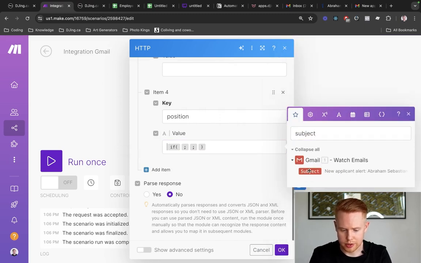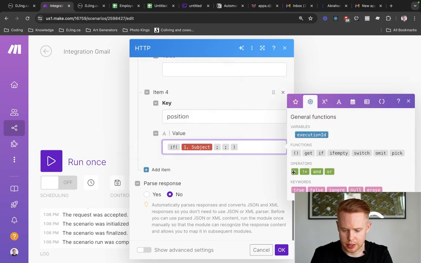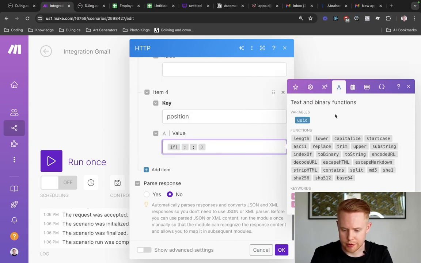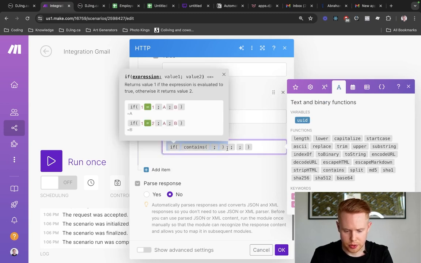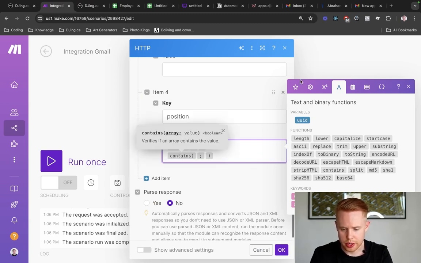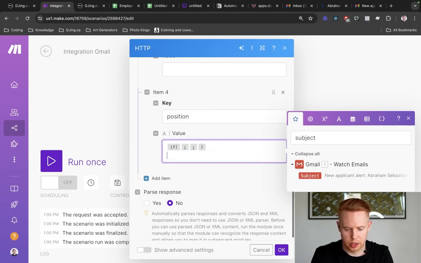What we're going to say is, if the subject equals sales, or sorry, this is not right. We're going to go back and say if it contains sales. Maybe it's easier if I pull this out here and do it below. So we'll have contains, and what's going on here is we put in the subject here and it contains the word sales, right? So if this subject contains the word sales,